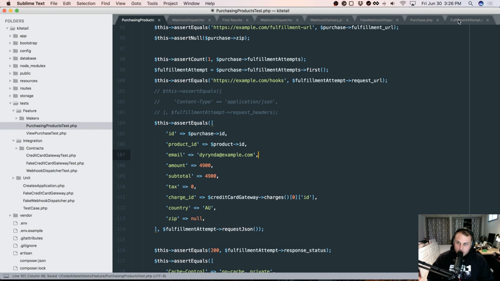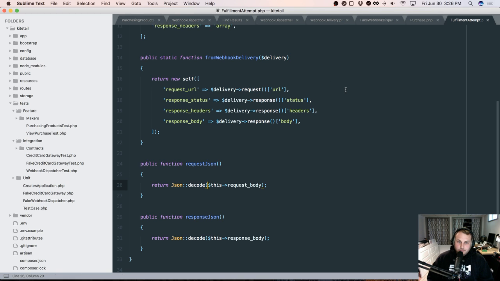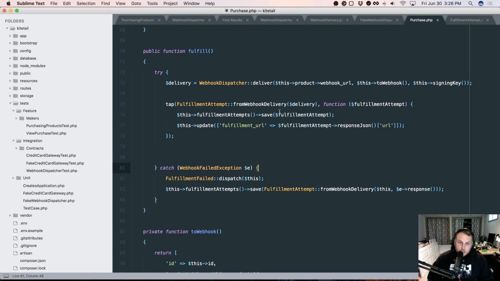Okay, so I think the problem is you can't JSON decode null, right? Because that's what the request body is here. So let's try and save the request body when we save the fulfillment attempt. So if we look at purchase fulfill,